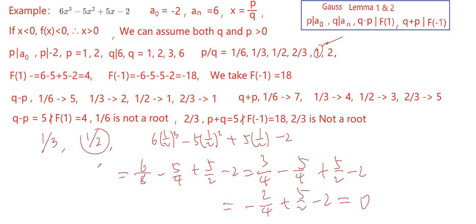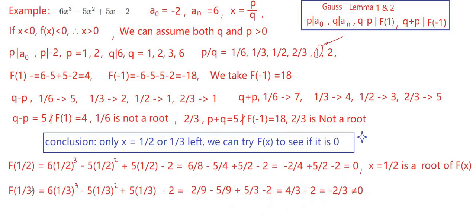So this one is a root. If this one is a root, this one may be not a root. Anyway, we can still try this one, and we find this one is not a root. 1 divided by 3 is not a 0 for f(x), so x equal to 1 divided by 3 is not